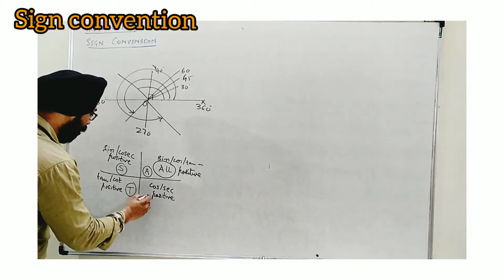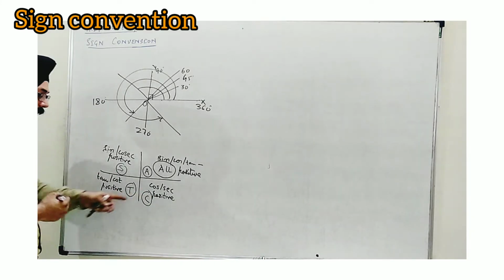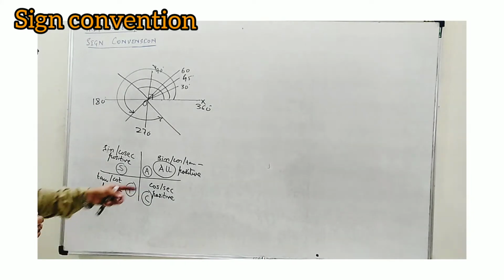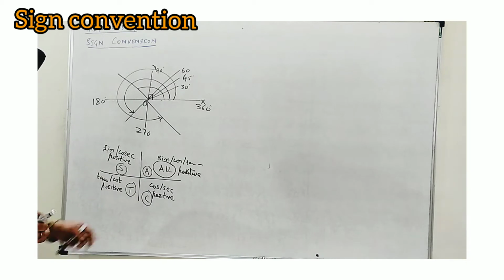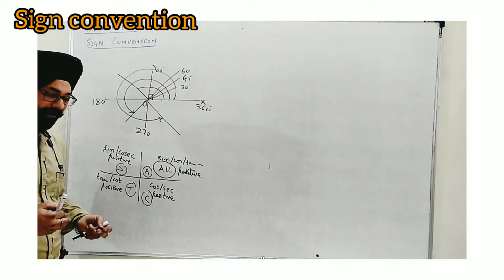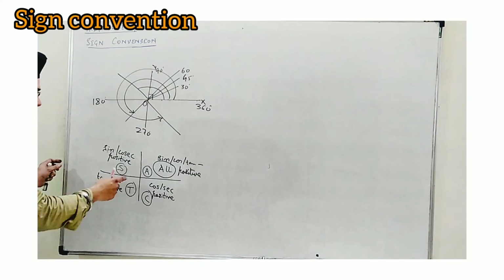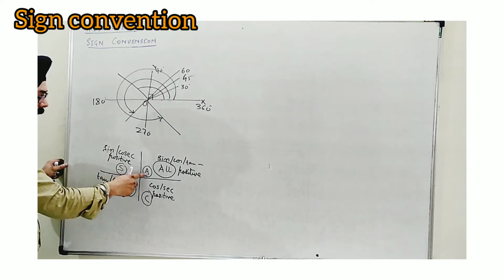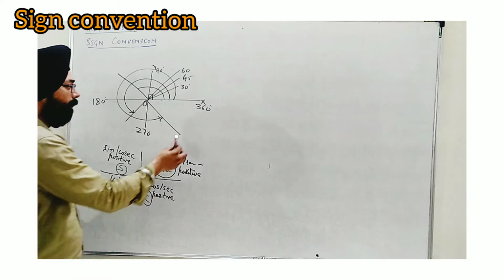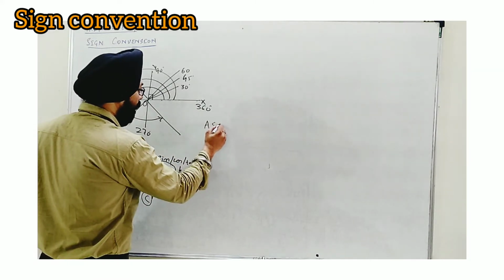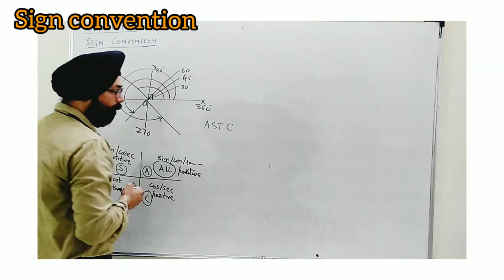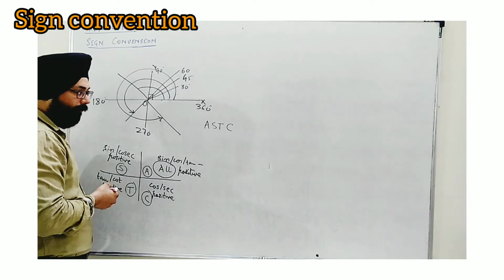And in the last, fourth quadrant we put C. C stands for cos, and its reciprocal sec. From cos we can remind ourselves it is sec also, the same nature. So quadrant-wise, if I follow the pattern, the abbreviation becomes ASTC. Either you keep it in mind this way only.